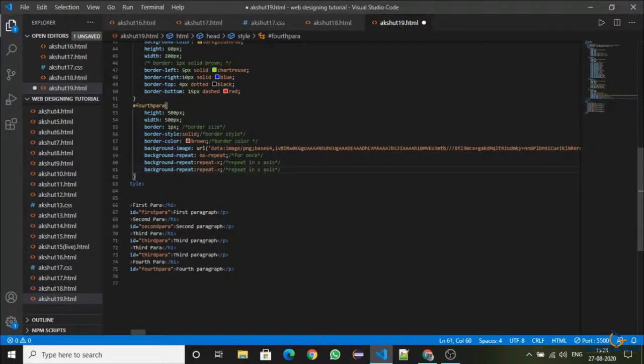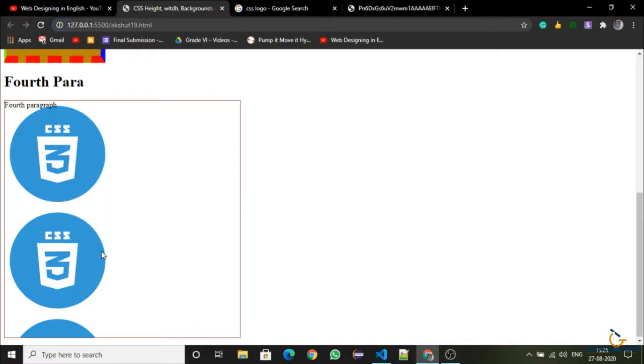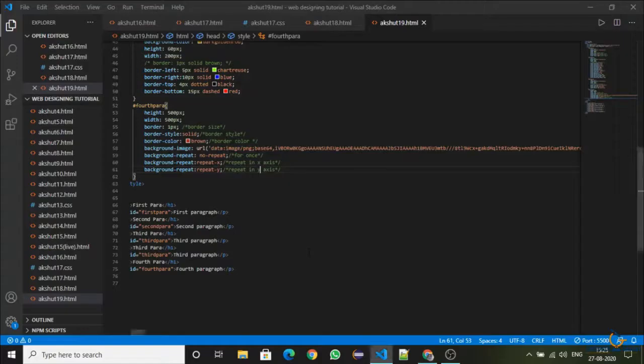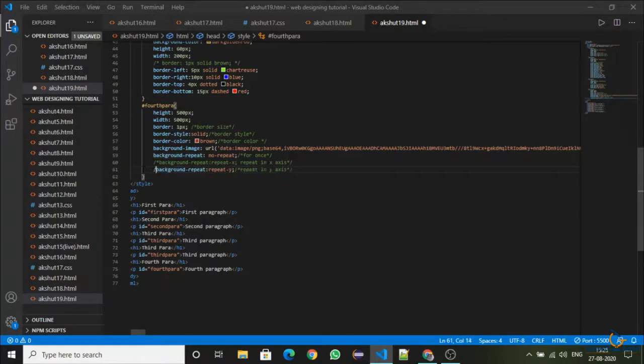I will duplicate it and do y, and change this also to y. As you can see now, it is repeating in the y axis. So these are the two things that you need to focus on and remember: repeat x axis, repeat y axis, to change your image repeat.